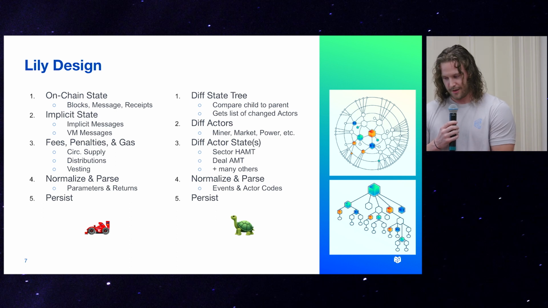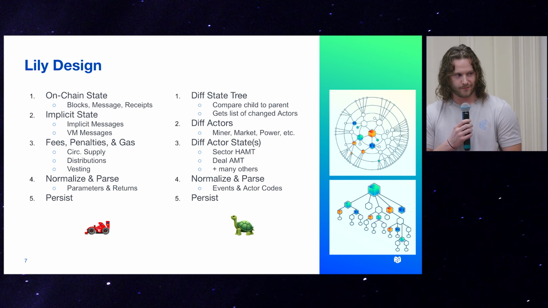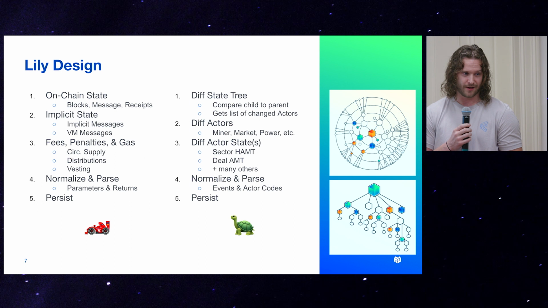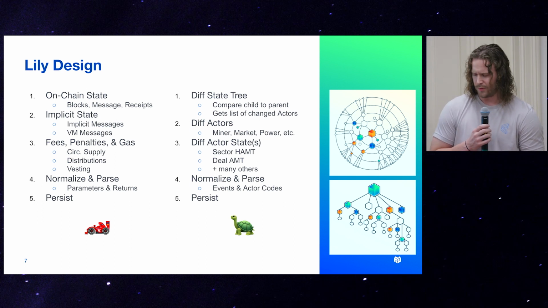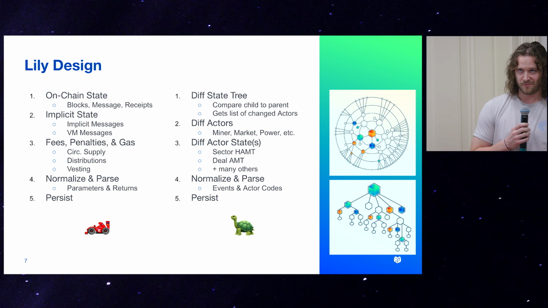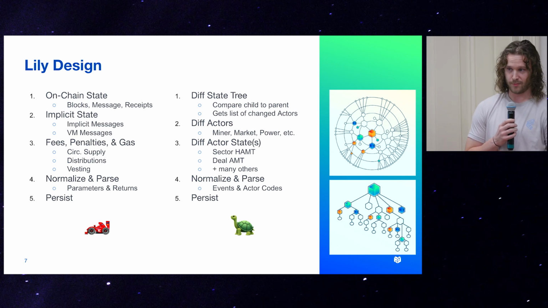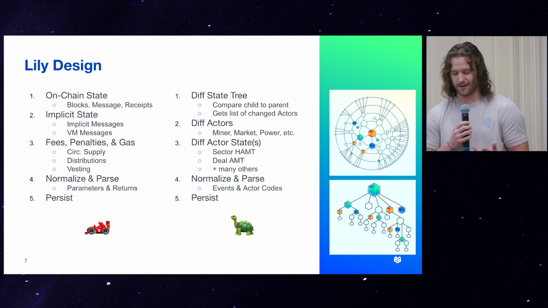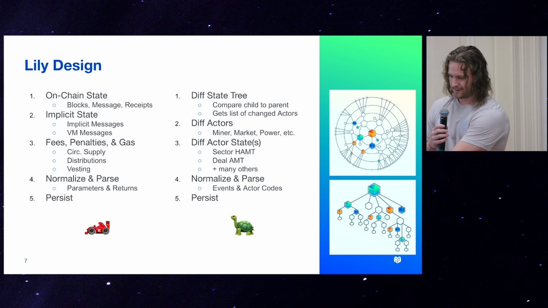This ends up being a fairly lengthy process to get all of this done. It takes about 5 seconds to validate a block, and it takes about a second to hear about it. So now you have 20 seconds to do all of this. And if you can't do it in 20 seconds, you'll never be able to keep up with the chain as it grows. We ran into this problem fairly early on in the project, and we needed a way to mitigate it because you would miss data, and users of Lily wouldn't have the data they need,